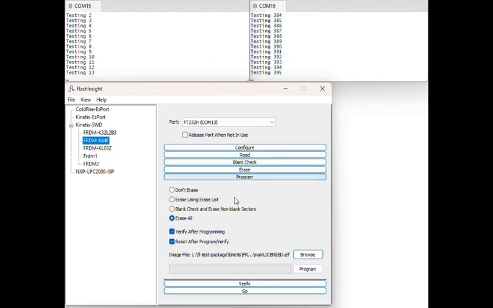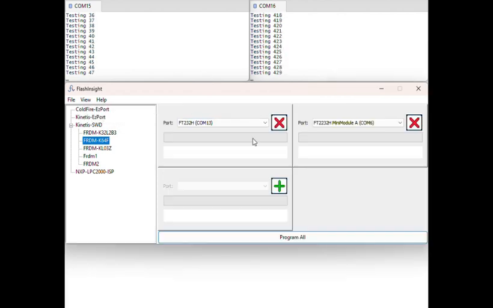For gang programming, all of the parameters set here are used in the gang programmer, except the port changes depending on which port you're communicating with the target device in the gang programmer. So we're set up to program all devices, and away we go. While it's busy programming,